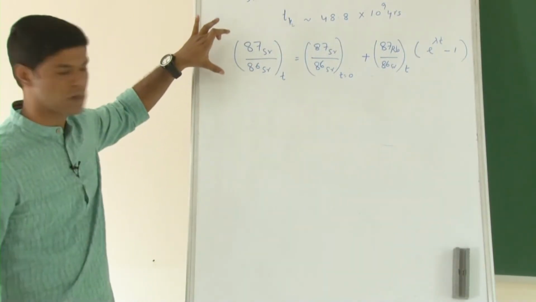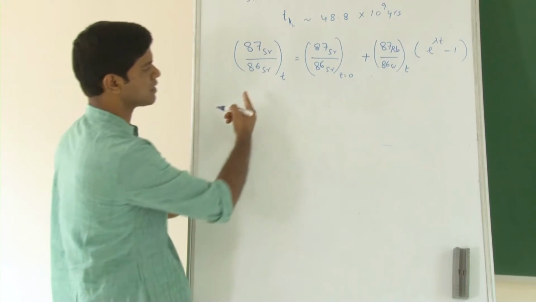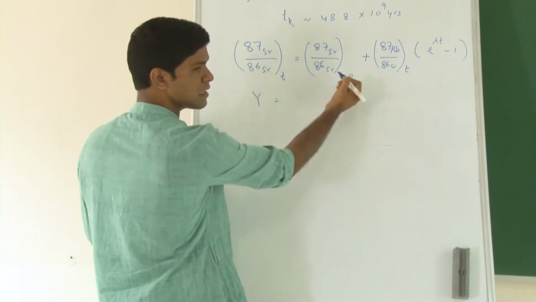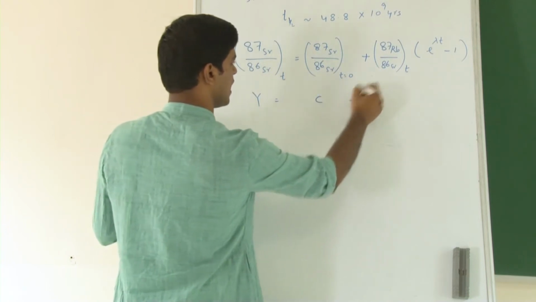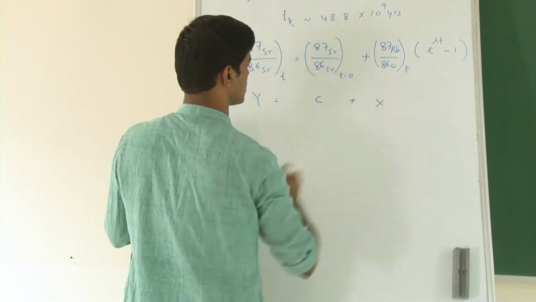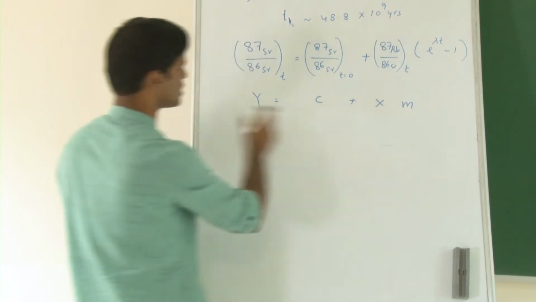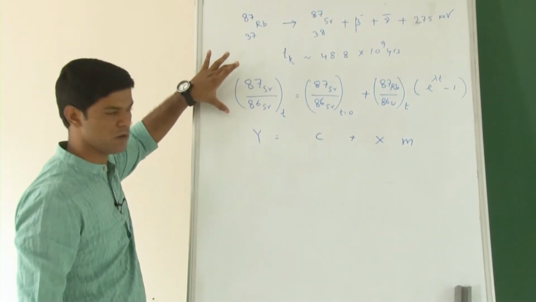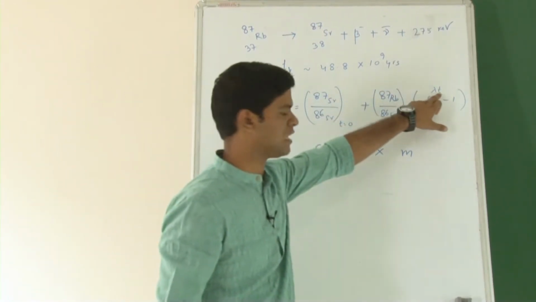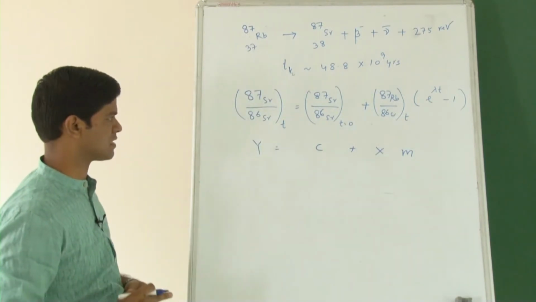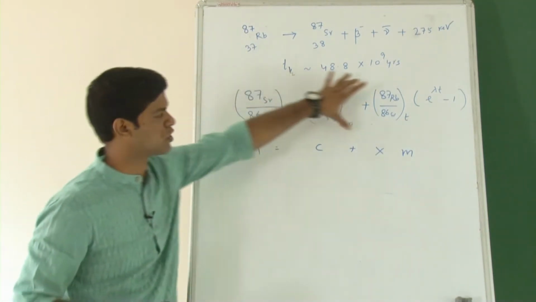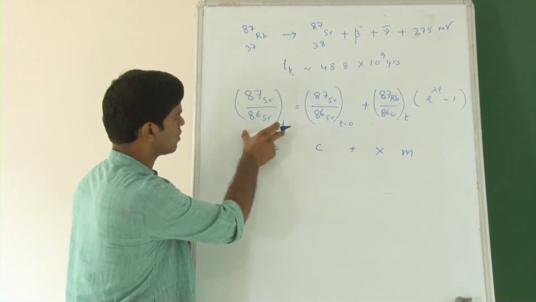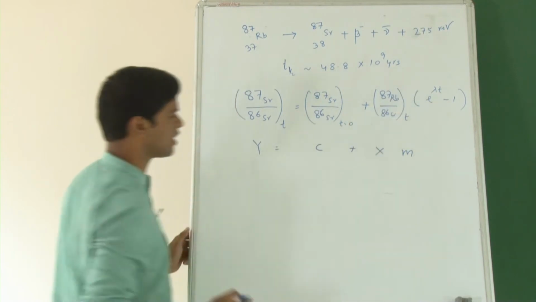Alright, if you see this equation more carefully, you will see that this is actually a linear equation, like y equals mx plus c. This is the initial number, so it is a constant, and this is a variable term, so let us say it is your x and m. So, this is a linear equation. Any sample with time t, the age of the rock is let us say t, should follow this straight line. Now, there are 2 unknowns here, this one and t, and we are interested in finding out.